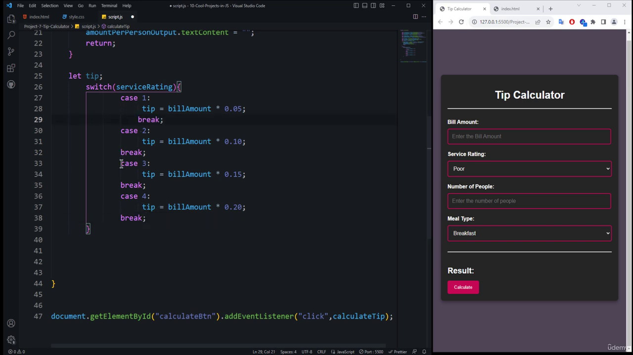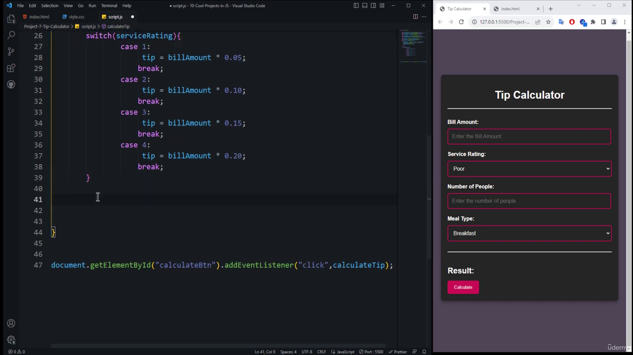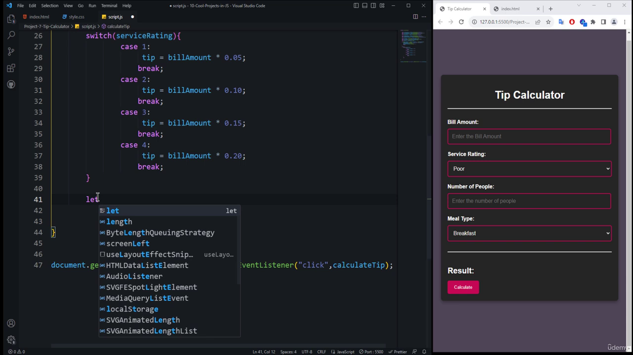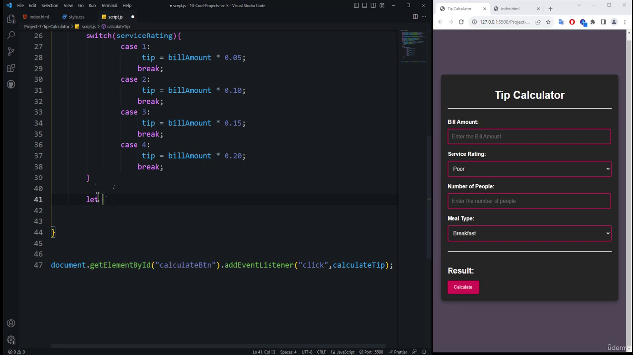Okay, nice, and good. We need to just provide tabs here as well, so that our code gets properly indented. So that marks the completion of the code for the switch case statement. And after that, we need to actually calculate the final value. So let total amount,